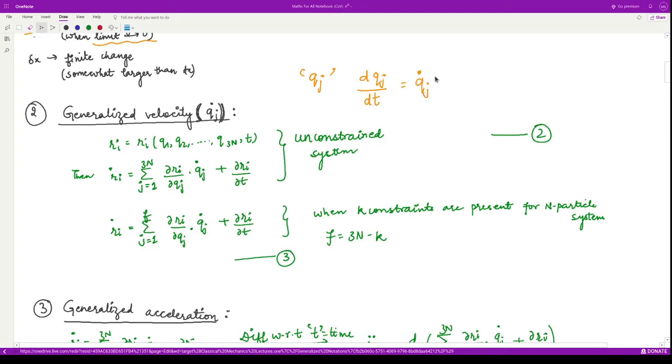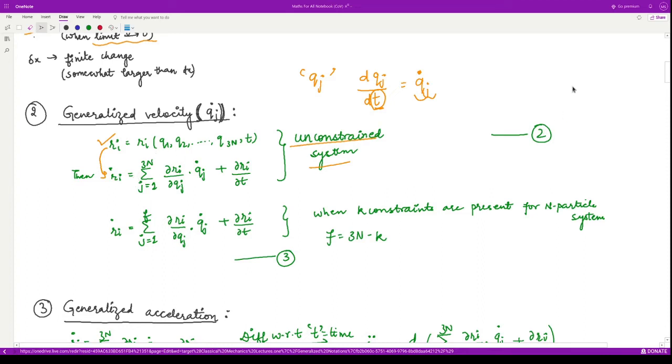So by the dot we mean we are differentiating the variable qj with respect to time. Now in here we have the position vector Ri as this, and we are assuming an unconstrained system. That means no constraint is working on our system as of now. So we can differentiate this Ri with respect to the time variable t, giving Ri dot,